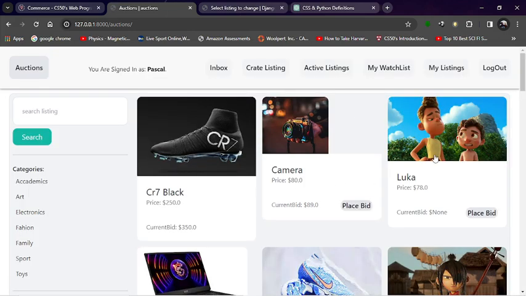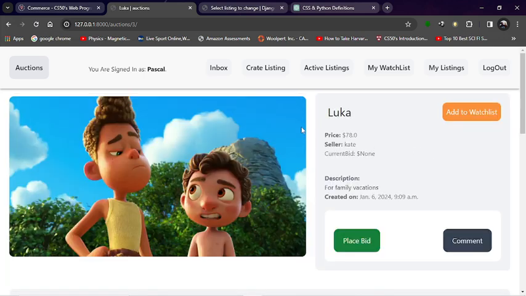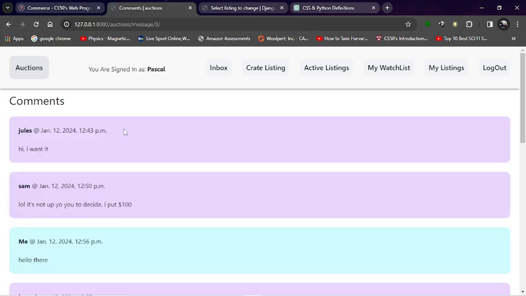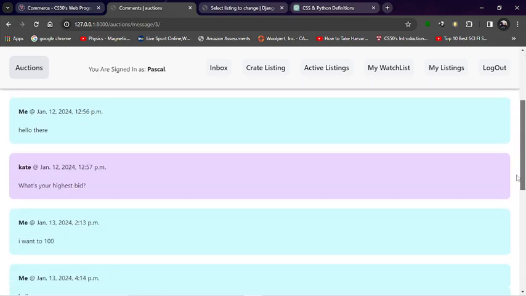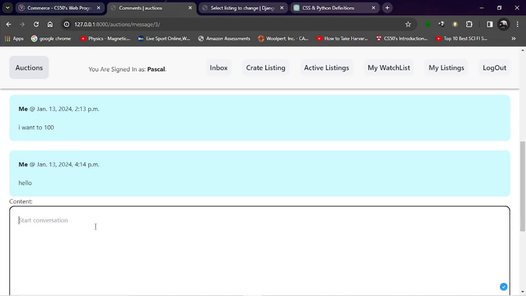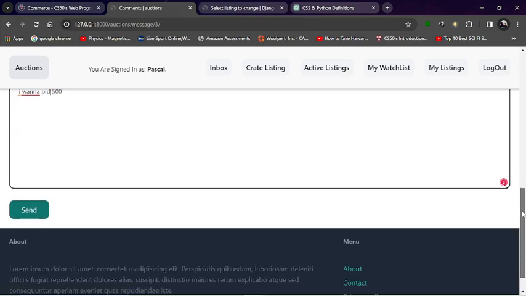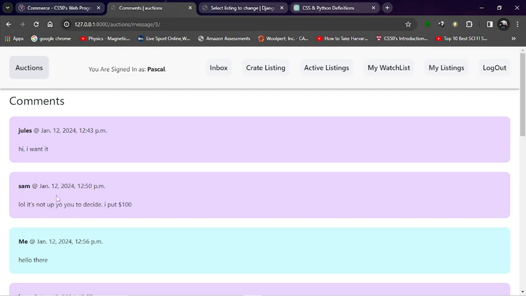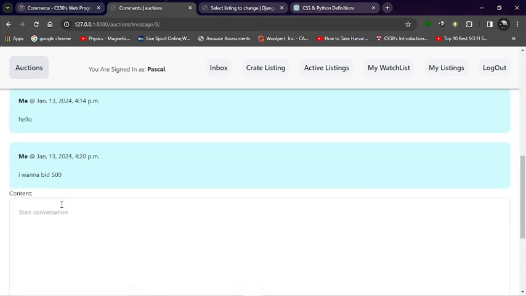If for example I enter on this listing, I must be able to comment and see all the comments about that listing. For example, if I comment on this one, you can see all the comments and when they were created about that listing. Okay, I can say here I wanna bid 500 for example. Sorry, yeah, I mean bid. If I go there, you can see that I have added a comment on that listing. Alright, next,